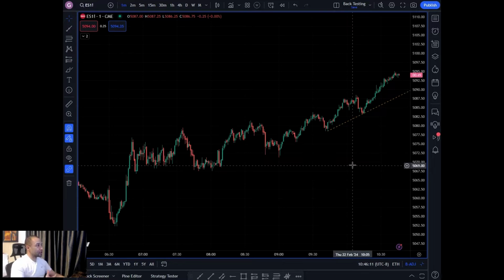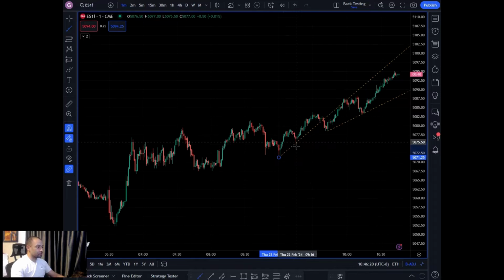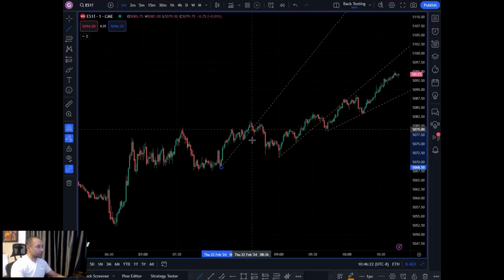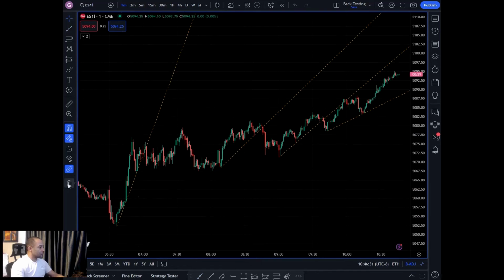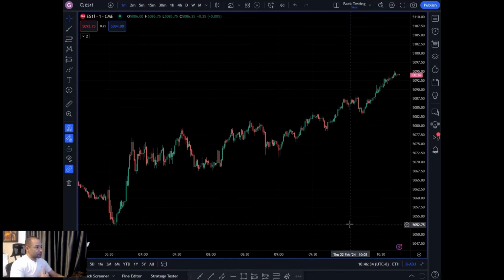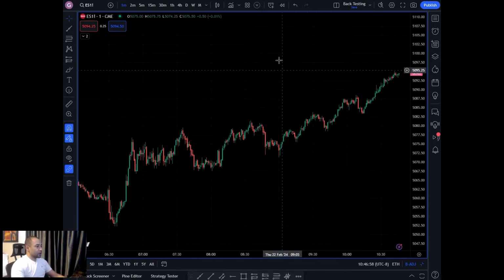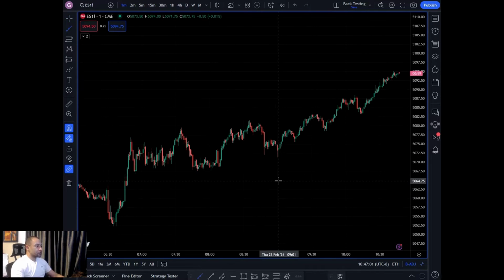If I have a trend line and I only require 2 points, it's a lot easier to find a lot of trend lines on a chart. And you can see that. I'll just go through and find a bunch of 2-point trend lines. And you can see, you can find a ton of them. Okay. So for my style of trading, again, I want to take less trades because I find when I trade more, I tend to overtrade and I tend to end up losing. Okay, so what I'm looking for is trend lines where we have 3 points that connect on the chart.